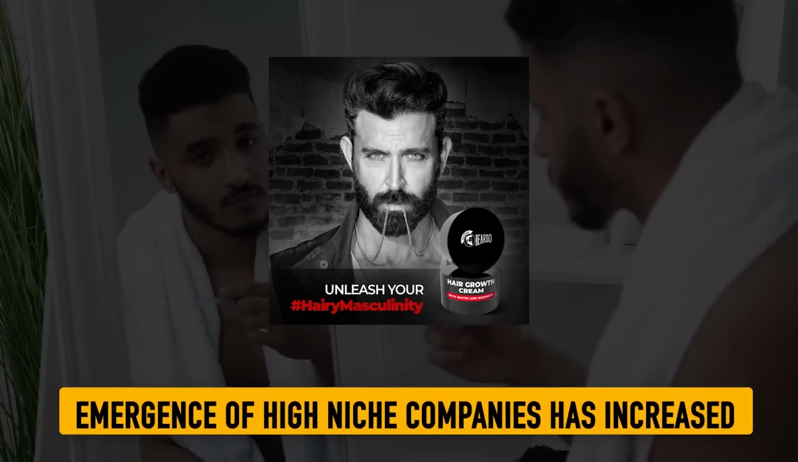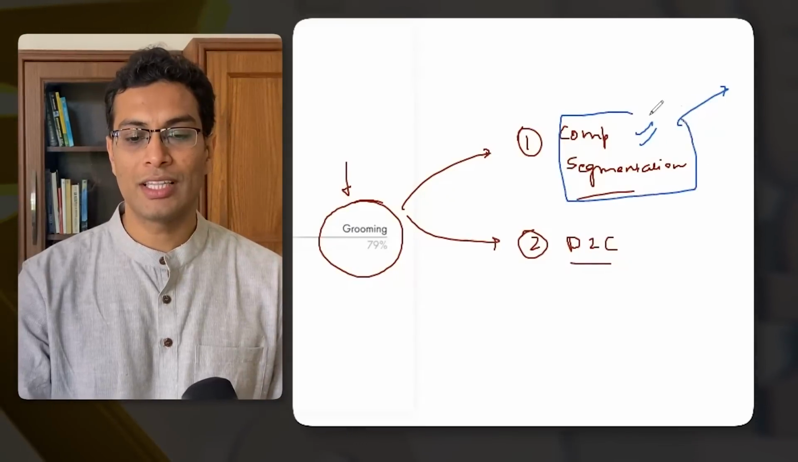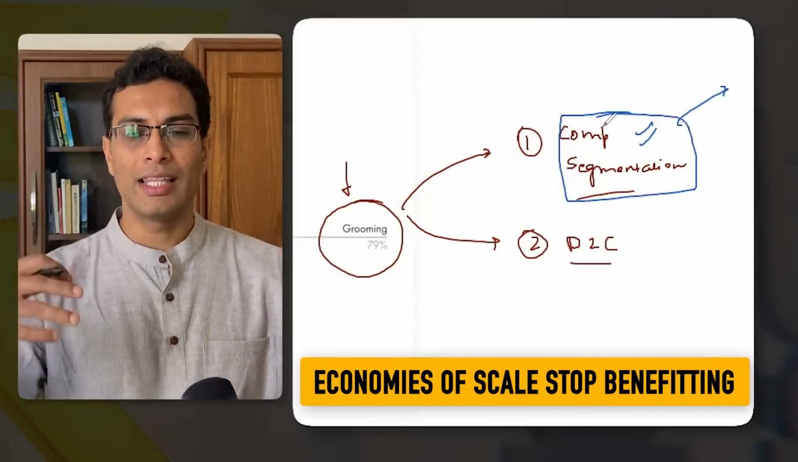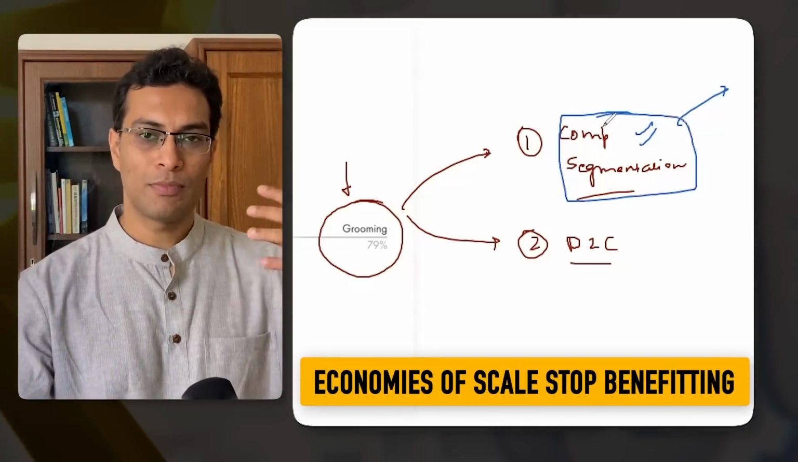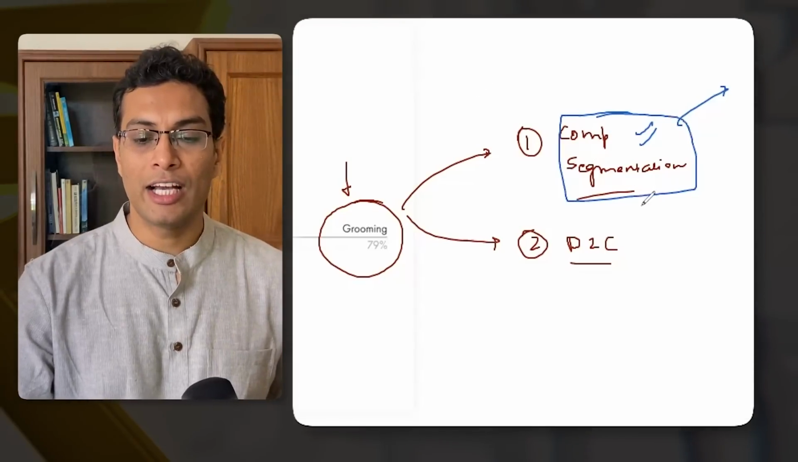Now what they have started to do is say, okay, you want a beard like Virat Kohli, so here is the beard oil. So they have created an entire company on that. So there is massive competition segmentation happening. In this type of business, there are no economies of scale benefiting a company like Gillette, as per my understanding. This is the first critical point, and you need to see this in conjunction with the